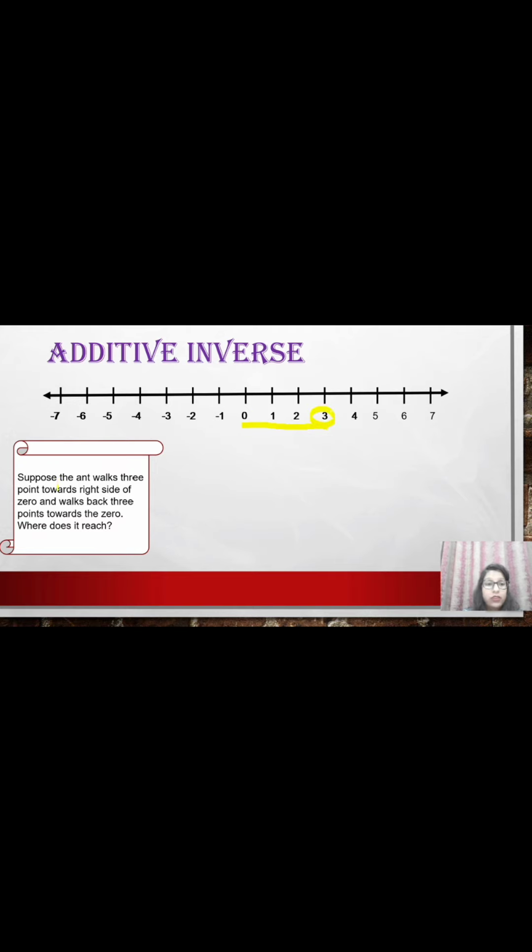Okay, and now the question says it walks back 3 points towards the 0. That means वो दोबारा 3 पॉइंट बैक आ रही है 0 की तरफ. इसका मतलब 3 से फिर वो दोबारा 3 पॉइंट्स बैक आ रही है. तो देखते हैं हम कहाँ पर आते हैं. 3 से 2 1 पॉइंट, 2 से 1 सेकेंड पॉइंट and 1 से 0 3 पॉइंट. Okay, so +3 and -3: वो 0 से पहले पॉजिटिव की तरफ 3 पॉइंट्स तक चली and then 3 points she goes in negative direction.